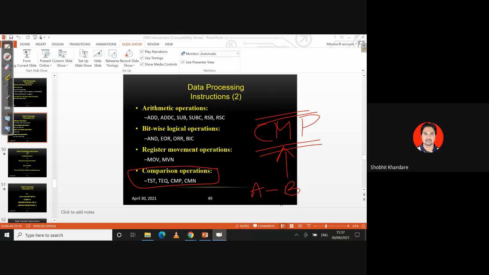लेकिन आपको पता है कि I am not interested in the result of the subtraction, but I am interested in the carry, or you can say borrow. Now if I am using A minus B, you have three cases. If A is greater than B, your carry flag will be 0. If A is less than B, your carry flag will be 1. And if A is equal to B, tell me what will be the carry flag?